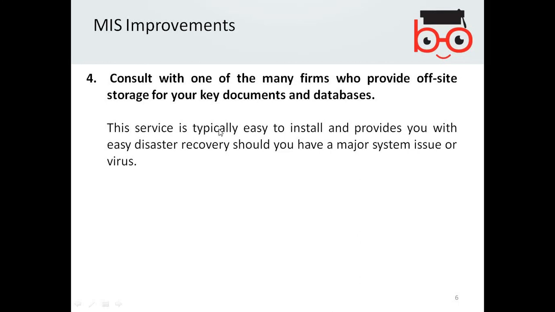Okay? So, makes sense? Is it clear? So remote, off-site storage for key documents is advisable. Not only important data but also live data like daily records. It is good to store those records not only in a single location but at various locations as well. That will probably be done automatically.